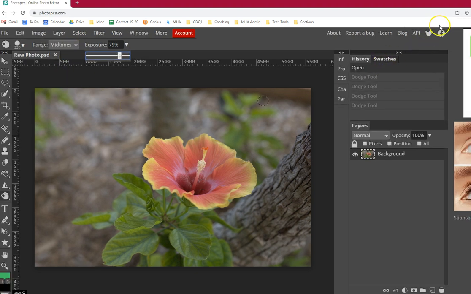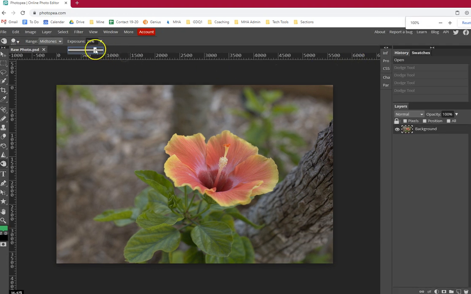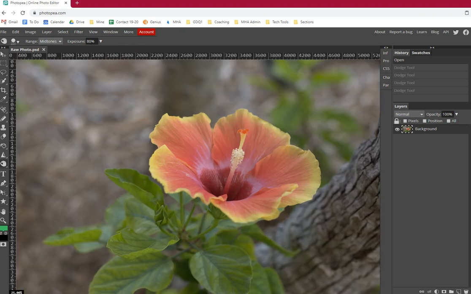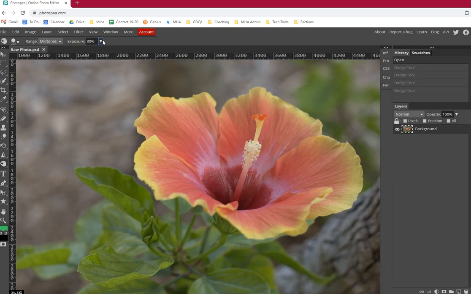Oh, it looks like it's working in the browser, but not in the program. Oh, it's because I have the brush thing selected. Okay, that should work now. It was zooming in on my browser, but not zooming in Photopea because I had this exposure drop down selected here. So I'm going to click out of that. And now when I press Control plus, it zooms in on the